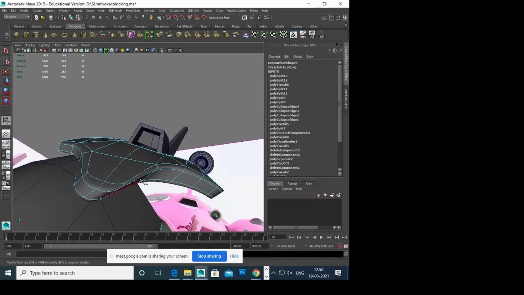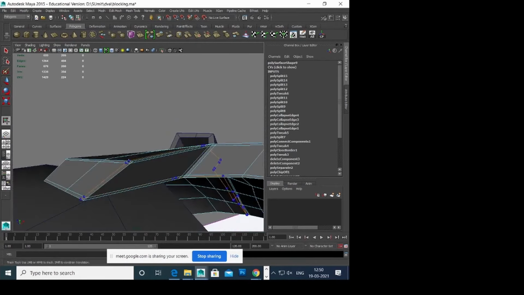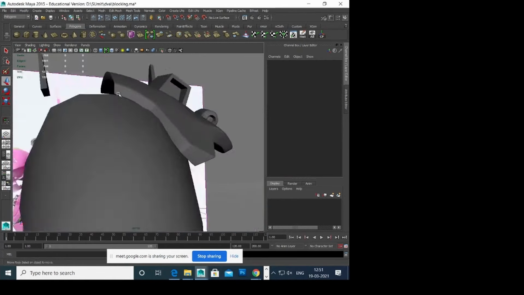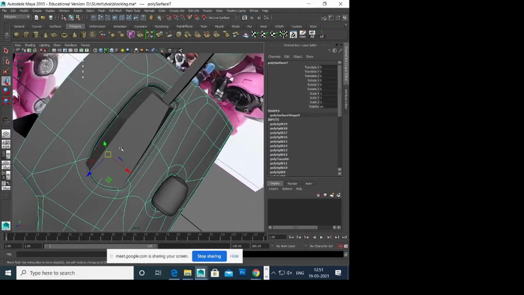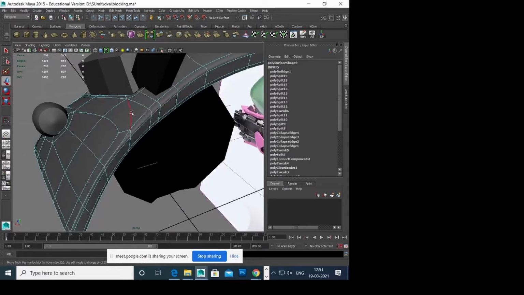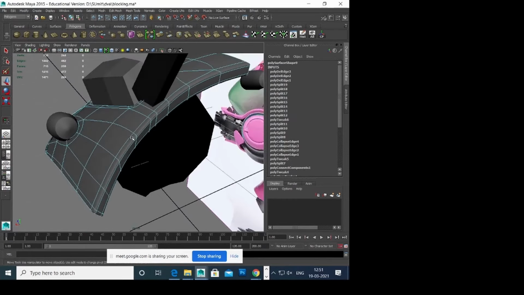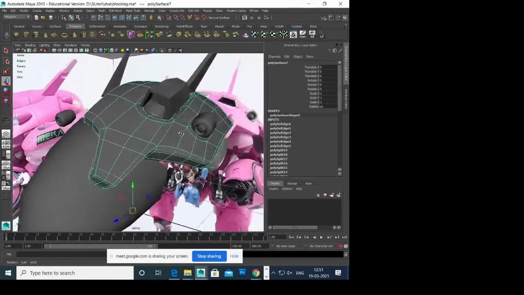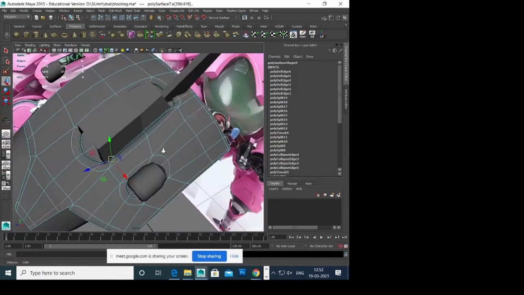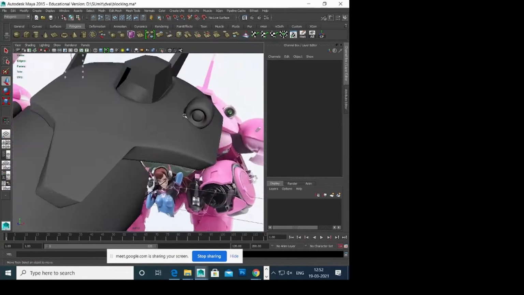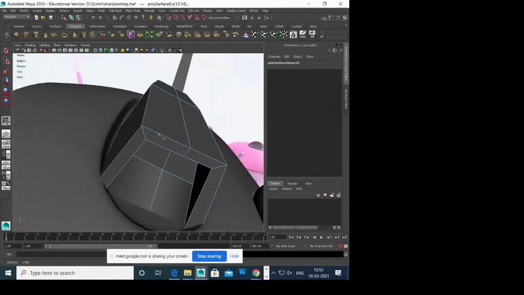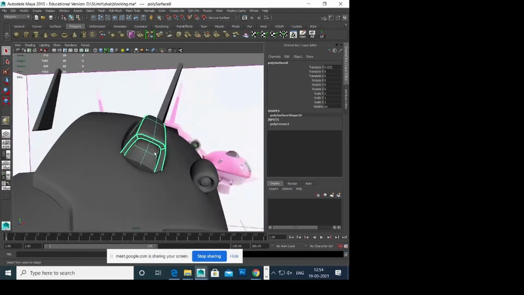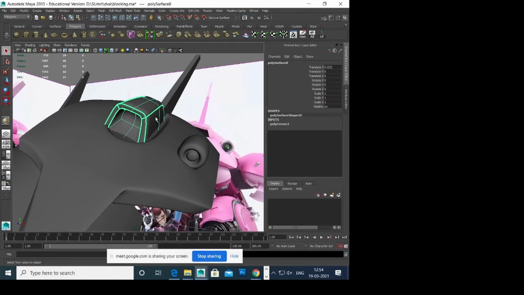Add supporting loops wherever required to hold the shape. Clean your geometry and remove all the n-gons and triangles. Crease or add supporting loops wherever required.